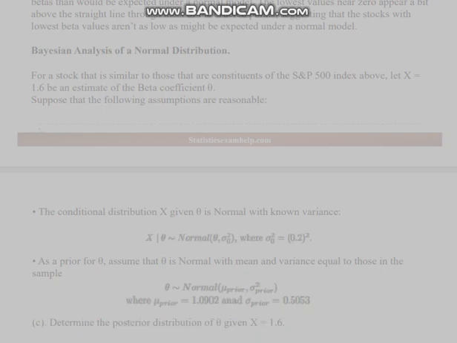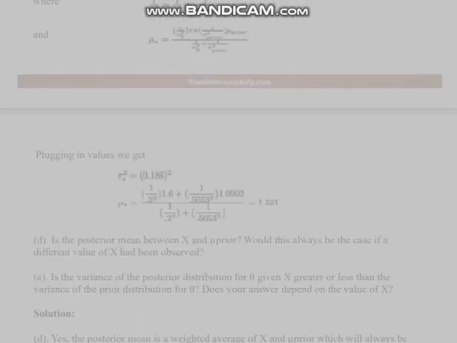Solution. This is the case of a normal conjugate prior distribution for the normal sample observation. The posterior distribution of theta is given by where and. Plugging in values, we get